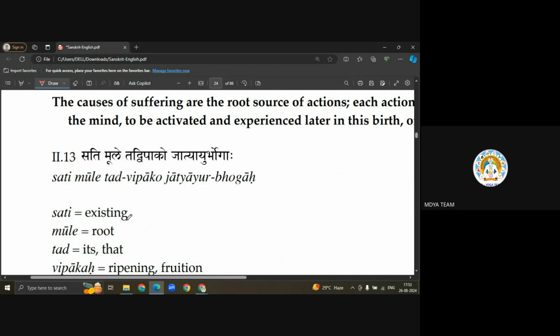Jati ayur bhogaha. Jati ayur bhogaha. Try like that. Jati ayurbhogaha, jati ayurbhogaha, sati mule tadvipako, jati